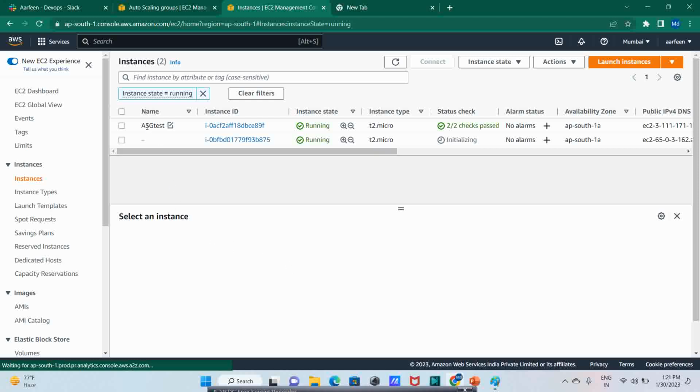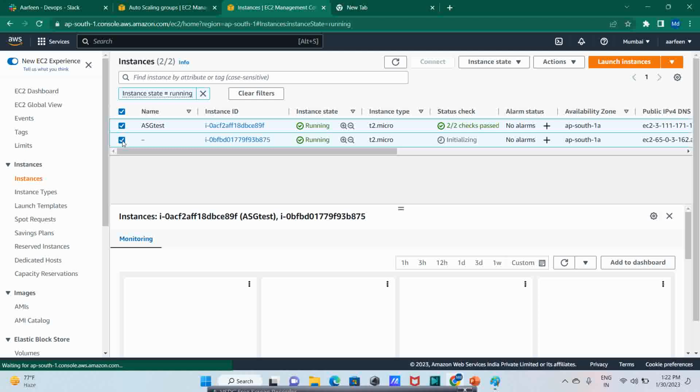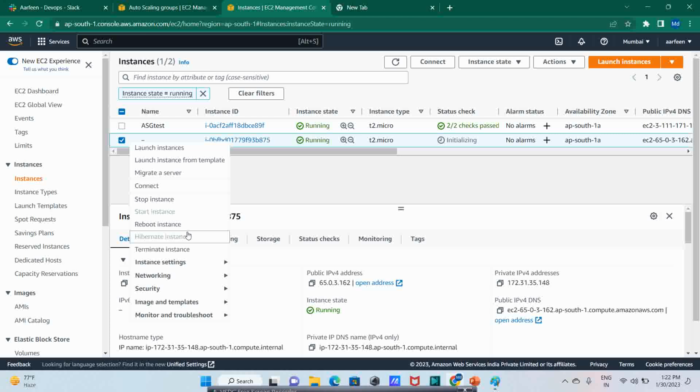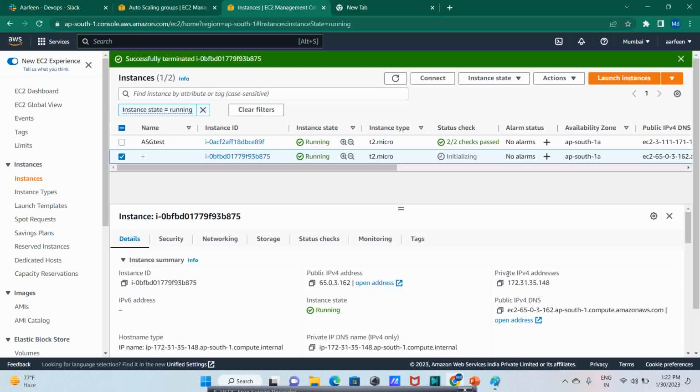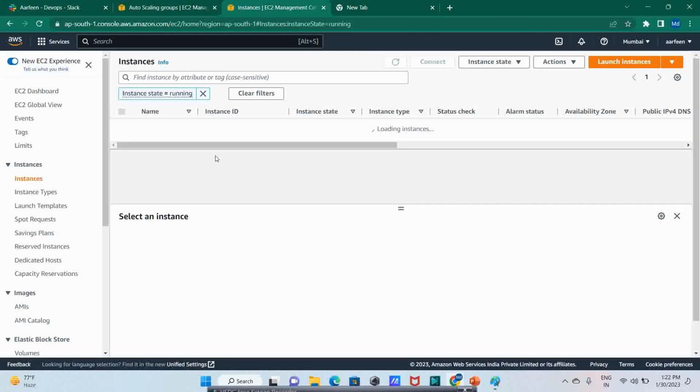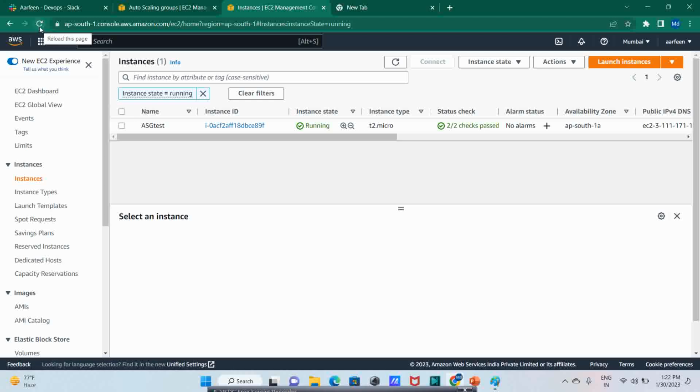So don't forget to delete all of this. If you delete an instance, it will be created again. Suppose I am terminating this one. It is shutting down, and again it will be created. You cannot delete it permanently from here. Just wait for 1 minute. So this is what auto scaling means. To delete everything completely so that it does not create one more time,